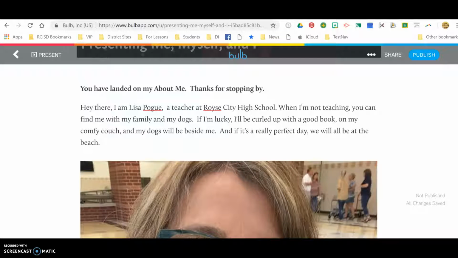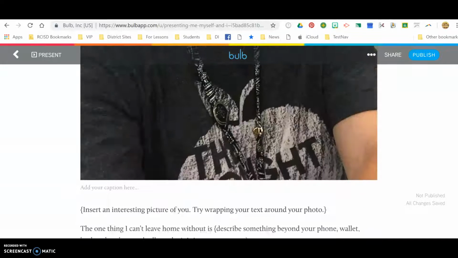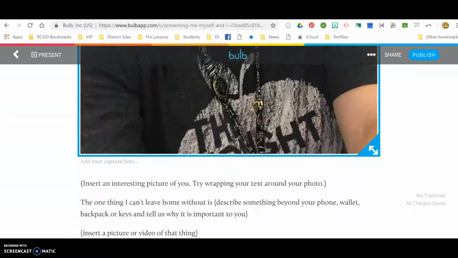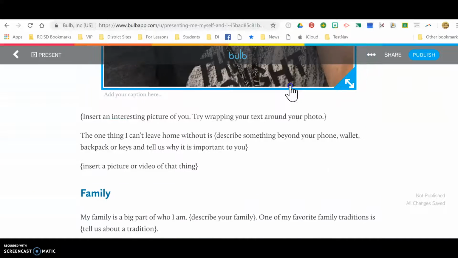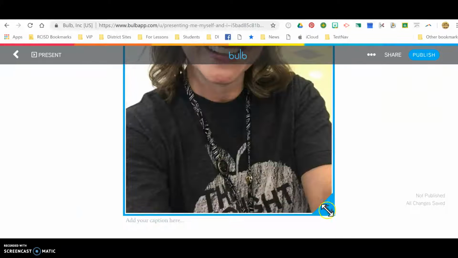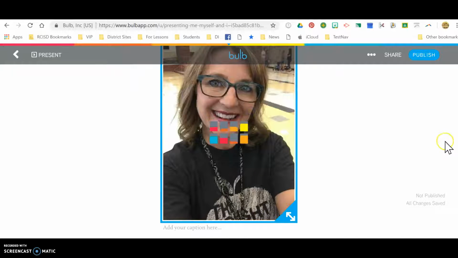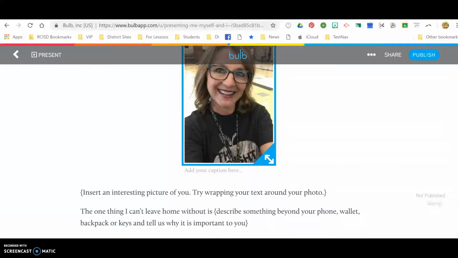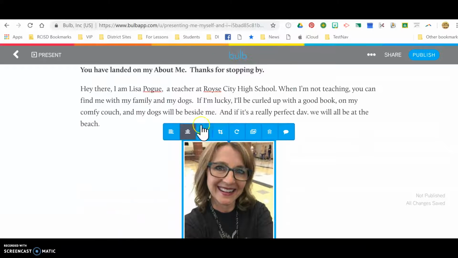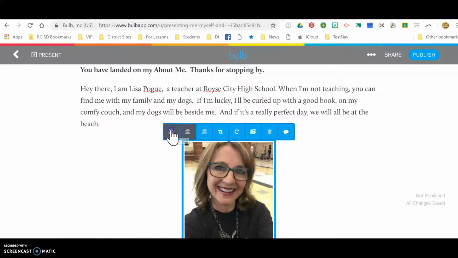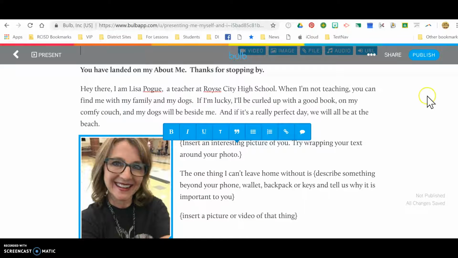And this picture is way too big. So if I make it smaller, a little bit smaller. And I want it over here. Oops, I don't need to do that. I want it over here, and that will put my text around